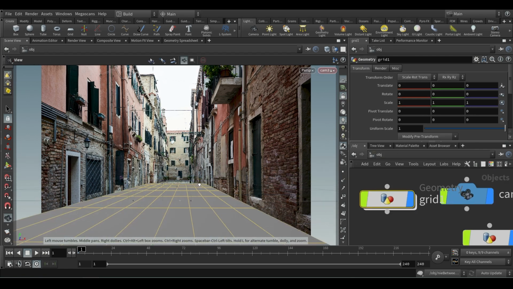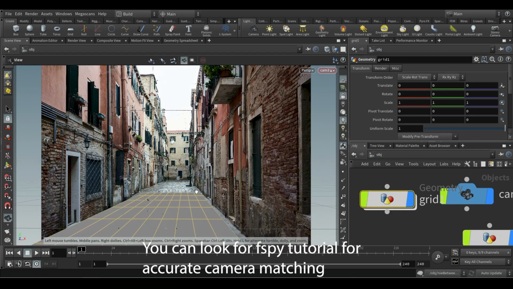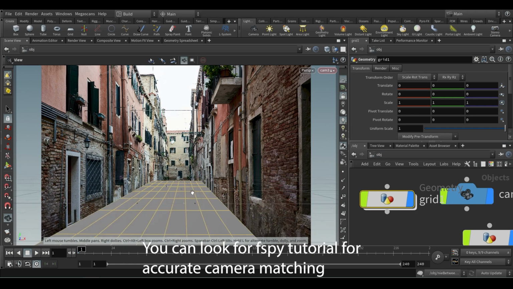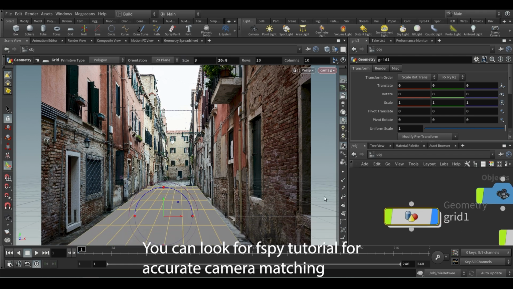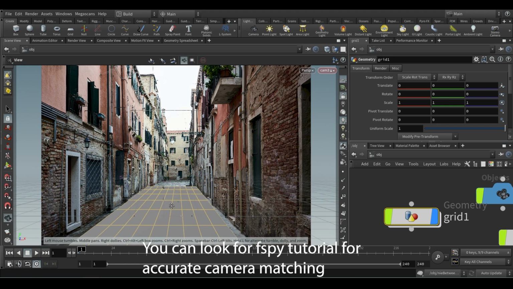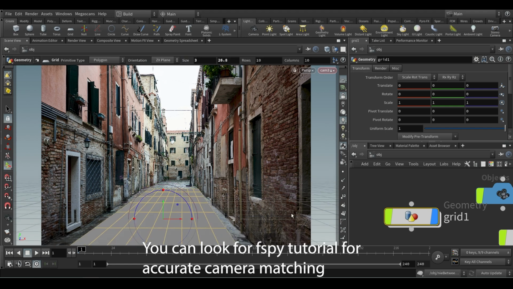Now I will try to match it like this. You have to do it manually, and it's pretty tricky to get exactly right. The grid line can hardly be seen, so get a grid polygon and try to match it. Once you have it, you can keep it, or otherwise just leave it.